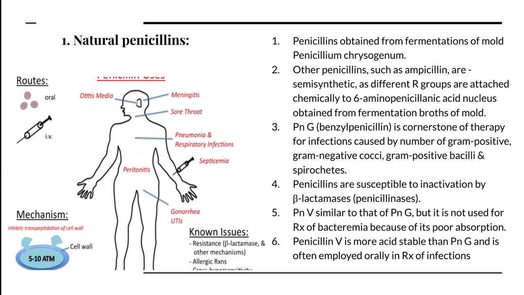But once again, penicillin V is more acid stable. So you can use it in oral drugs, so that it will go to the stomach and nothing will happen to it. Maybe a drug you are using IV or IM, but here since it is penicillin V, you can use it